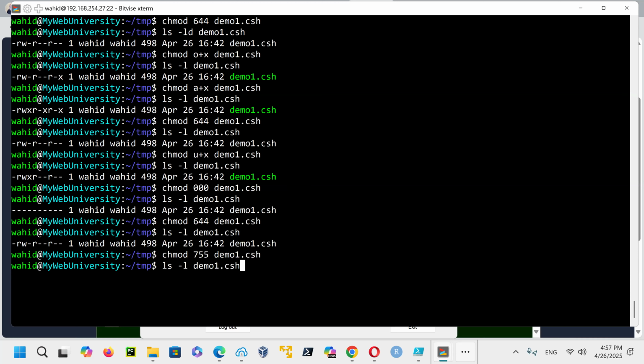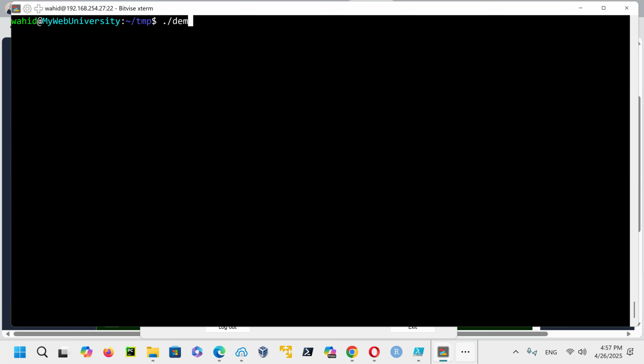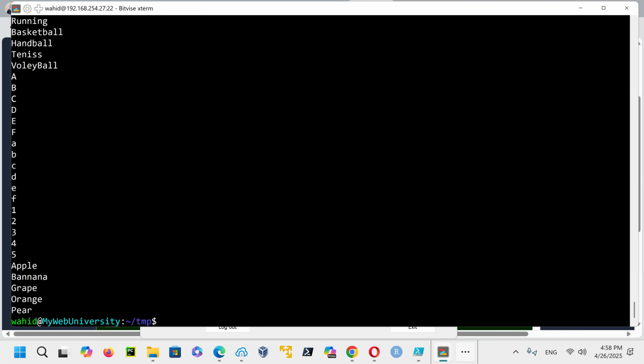So if I do this one, you can see read, write, execute by owner, read and execute by group, and read and execute by others, right? So this is showing demo1.c shell is run there.